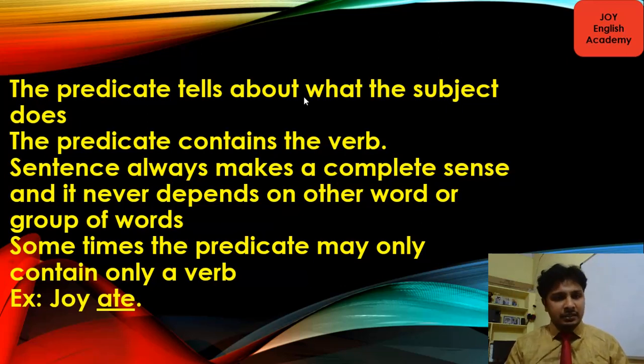And generally when you see some sentences, sometimes the predicate may contain only a verb. For example, if you see the sentence Joy ate. Now in this particular sentence, Joy is the subject because we are talking about Joy. It's a proper noun, the name of a person, right? What is subject? Subject is about whom we speak in a sentence. About whom are we speaking here? We are speaking about Joy. And we have a definite verb, that is ate. So this is called a sentence, right? Now let's go further.